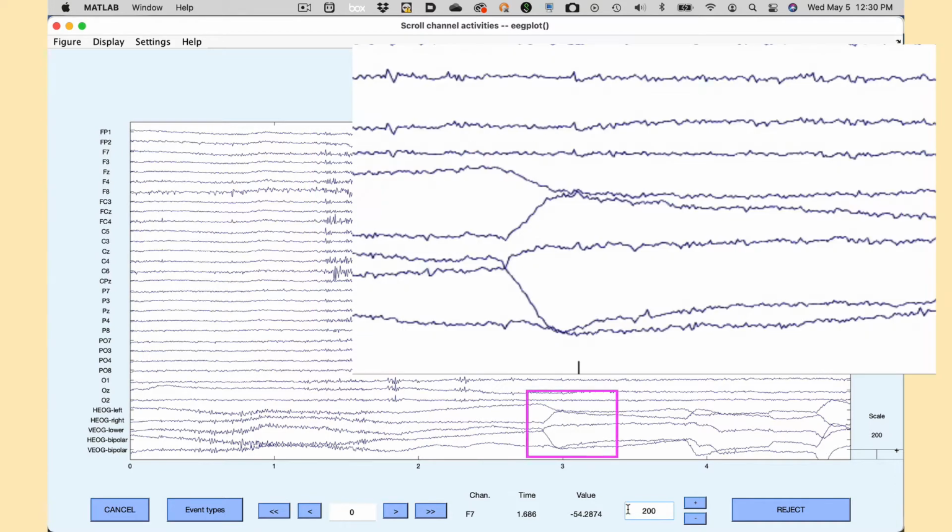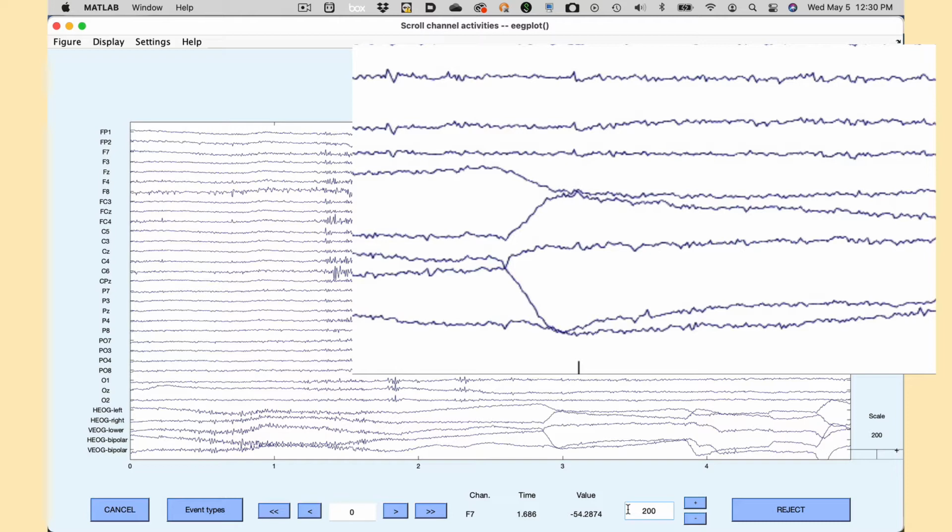Here we can see a horizontal eye movement. The HEOG left channel goes slightly negative, and the HEOG right channel goes positive at the same time. The bipolar channel is HEOG left minus HEOG right. A negative minus a positive is an even bigger negative, so we get a big negative deflection in the bipolar channel. It's arbitrary whether you do left minus right or right minus left, as long as you know which direction you did the subtraction. Do the eyes move leftward or rightward here?